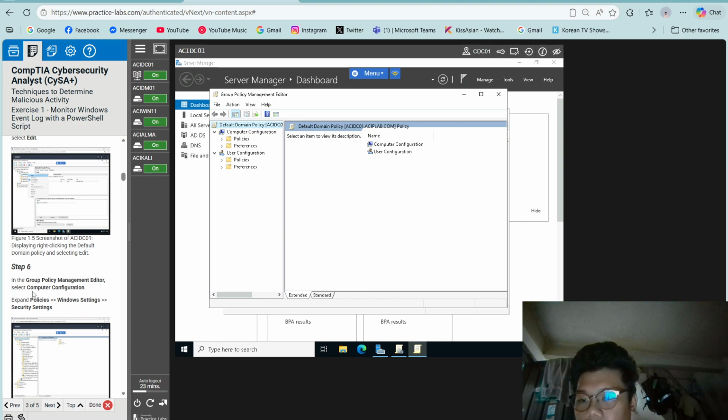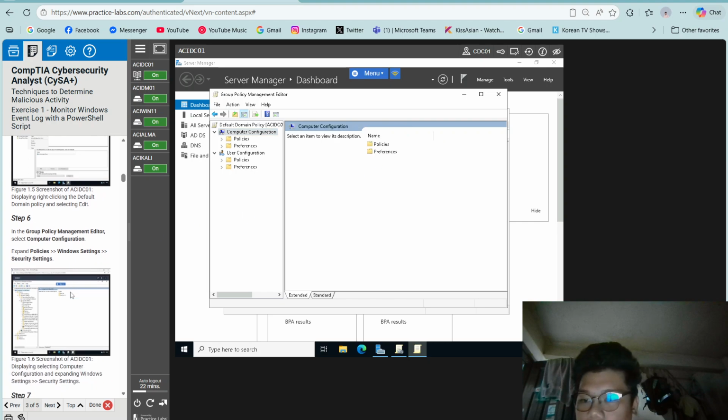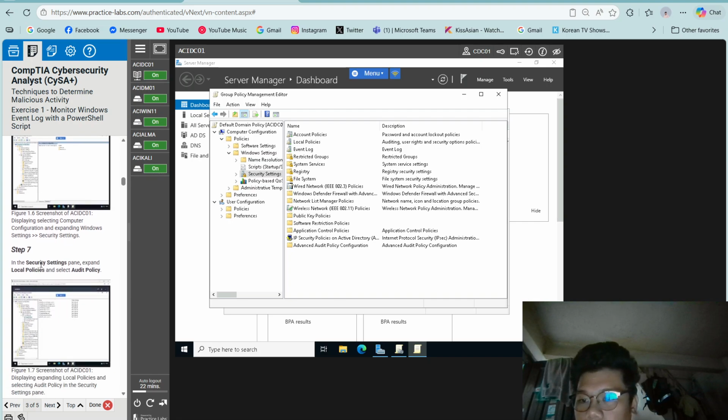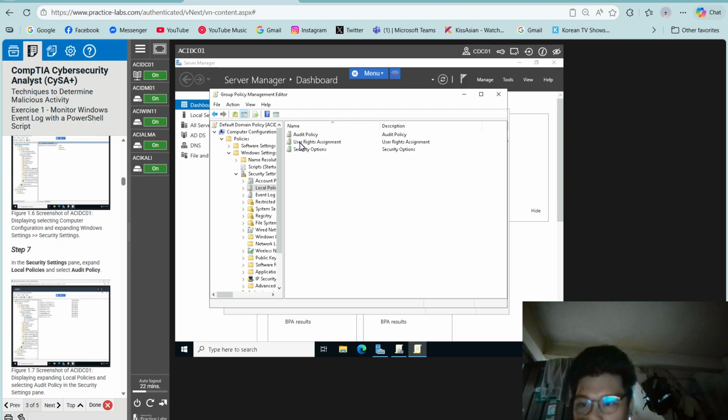Step 6, in the Group Policy Management Editor, select Computer Configuration, then expand Policies, Windows Settings, then Security Settings. In the Security Settings pane, expand Local Policies, and select Audit Policy.